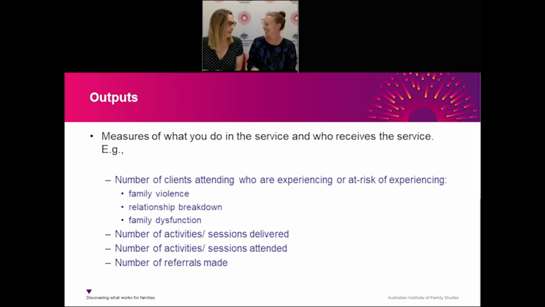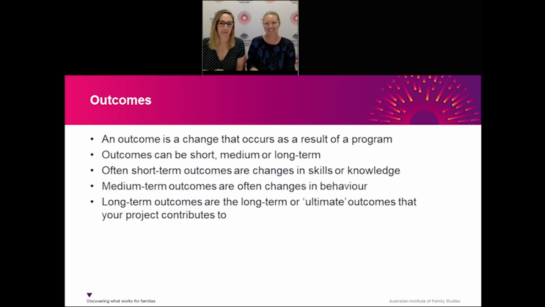I think I would probably put in here information about the number of activities or sessions that need to be delivered as part of your service or services, the number of clients who attend those sessions, the client demographics, and the relevant intake, assessment and referral numbers. And it just so happens that that's exactly what we put in our example.